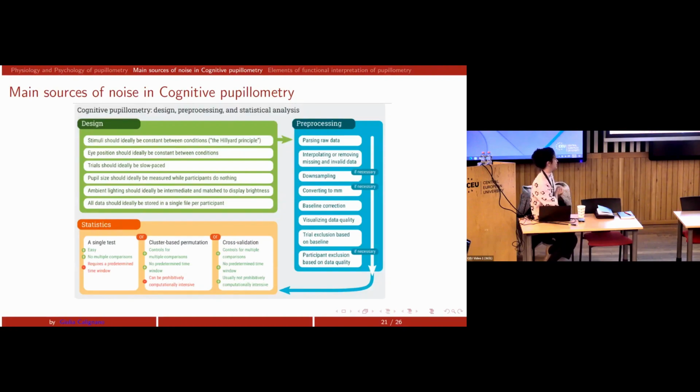The picture is taken from Method 2022. Again, I really recommend you to read it because it's quite comprehensive of many aspects of cognitive pupillometry, mainly applied to adults, but many considerations there can also be applied to infants, not all, of course, because as you know, working with infants or children is not at all the same thing, and we could not expect, for example, the same number of trials, the same repetition, or stuff like that when we work with a developmental population. But many considerations there are very useful,